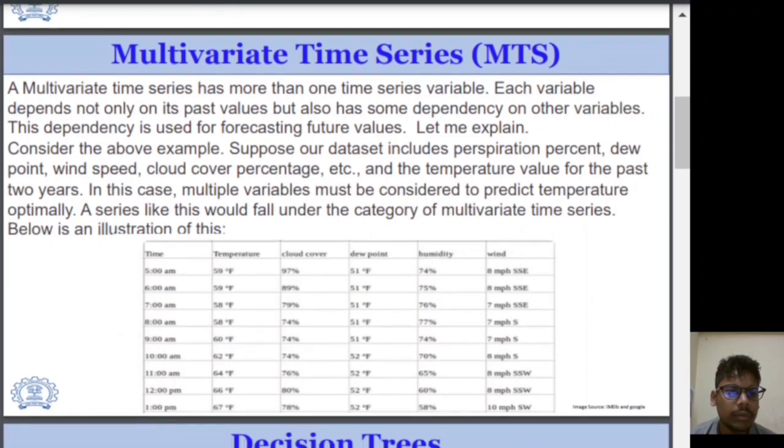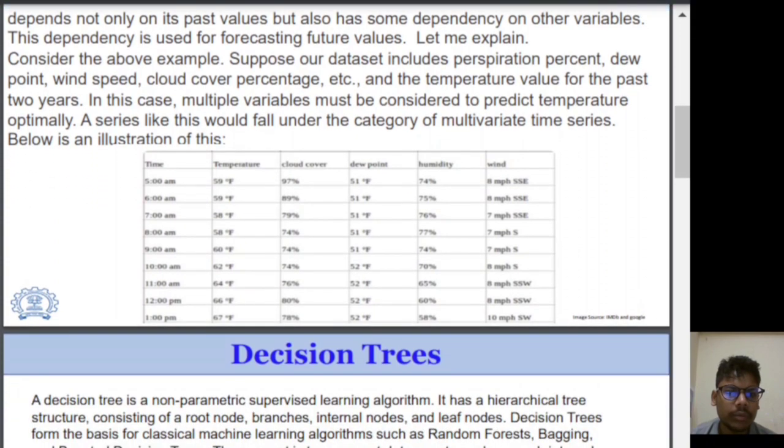A multivariate time series has more than one time series variable. Each variable depends not only on its past, but also has some dependency on other variables. This dependency is used for forecasting future values. For more understanding, let us take an example of a dataset which includes precipitation percentage, dew point, wind speed, and cloud cover percent. From the table